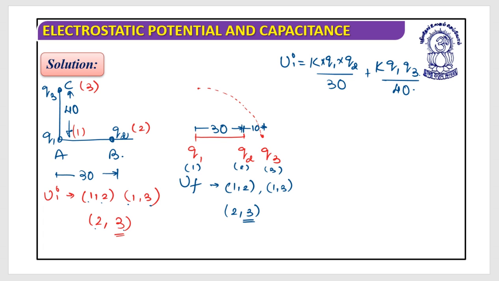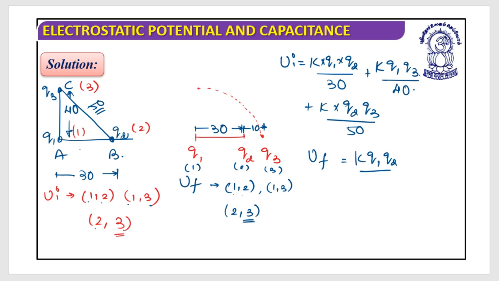And then for 2 comma 3, it's plus K multiplied by Q2 multiplied by Q3, and their separation, look at this, this is 30, this is 40, so their separation would be 50 centimeter. This is the situation, this is UI. Now UF, the final potential energy, what would it be? For 1 comma 2, it's K Q1 Q2 divided by 30, and for 1 comma 3,